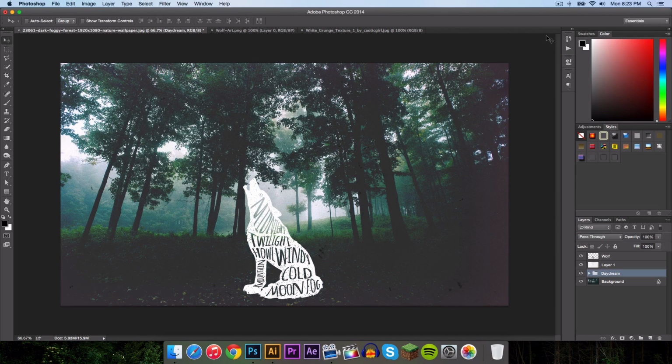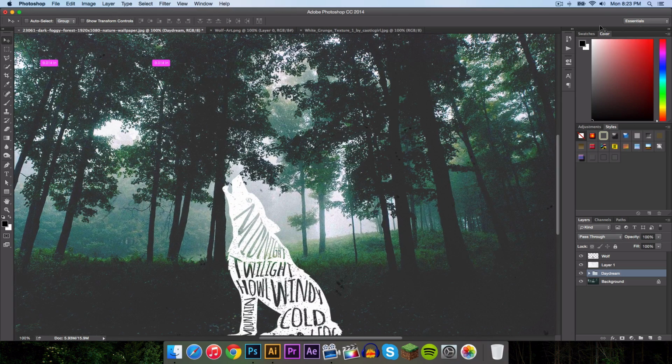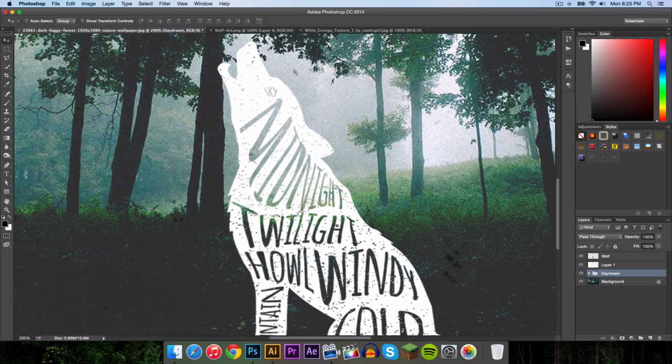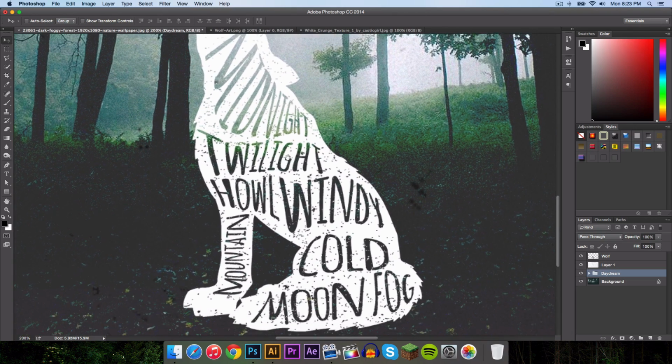It looks very colorful. And yeah, once we've done that, we're pretty much set and done, to be honest. This is pretty much the finished result. Again, you guys could do whatever you want. The final design has similar characteristics of hand-drawn art that people would do, but it doesn't really require the perfection and patience that's necessary with pen and paper, so that's a good thing. And it's very easy. You guys can manipulate the text and just change how each word is viewed. So this is how it looks with our finished result: midnight, twilight, howl, windy, and it looks very cool.